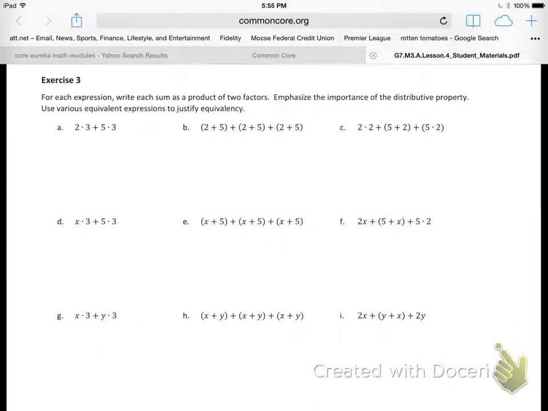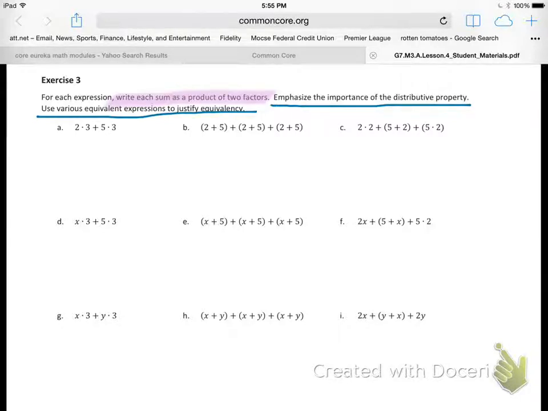Okay, this is a real interesting exercise. It's exercise 3. And what it asks you to do here is, for each expression, write each sum as a product of 2 factors. Okay, and primarily emphasize the importance of the distributive property, and then use various equivalent expressions to justify equivalency. I'm not exactly sure what that means, but I'm going to do the first one with you right now. Let me go do a couple, and just to show you